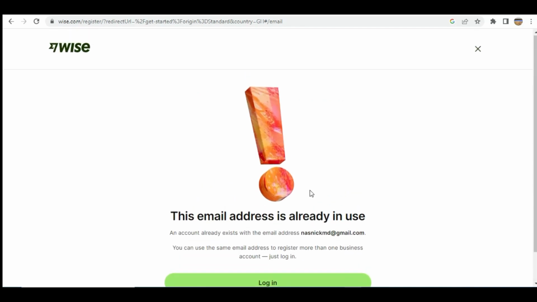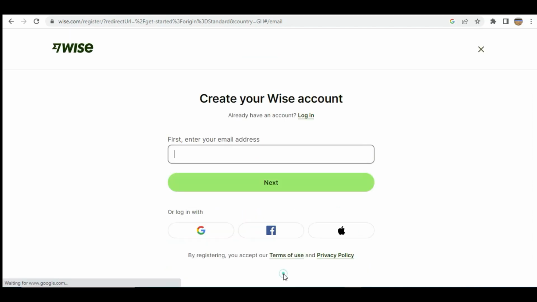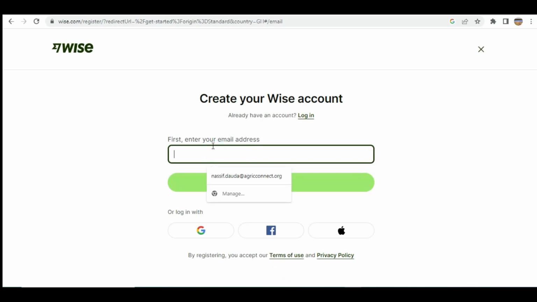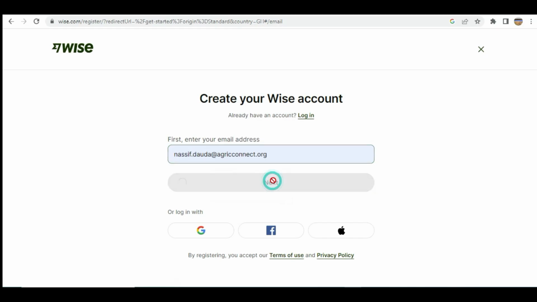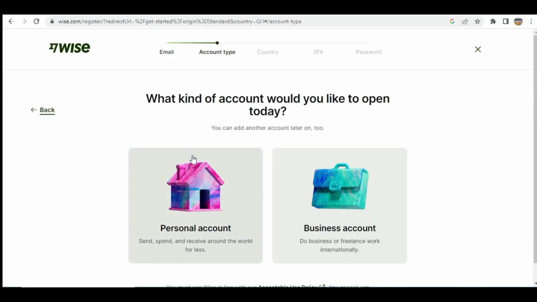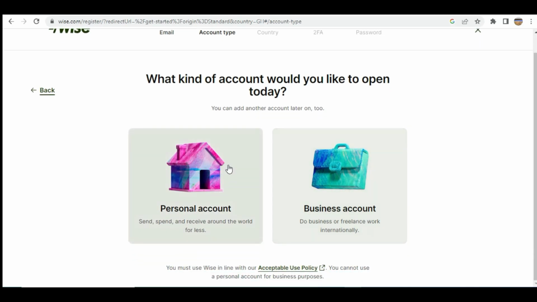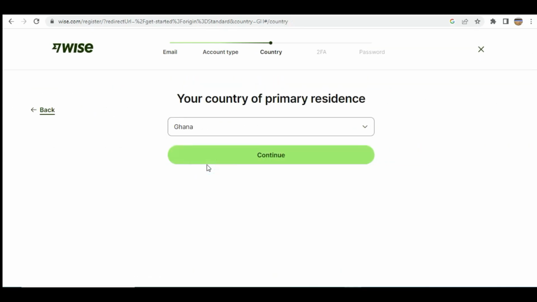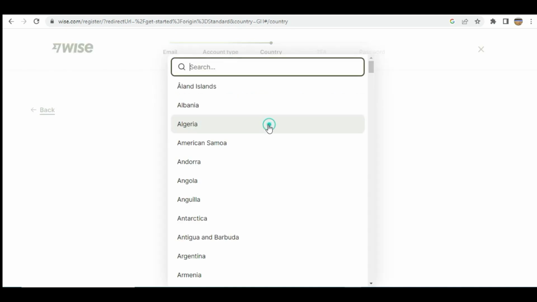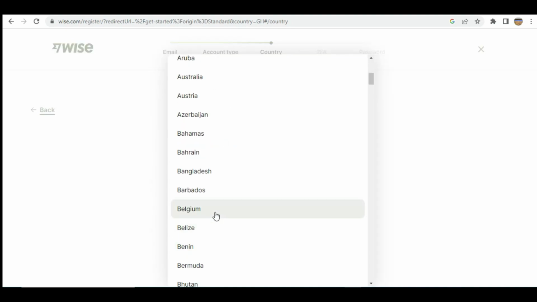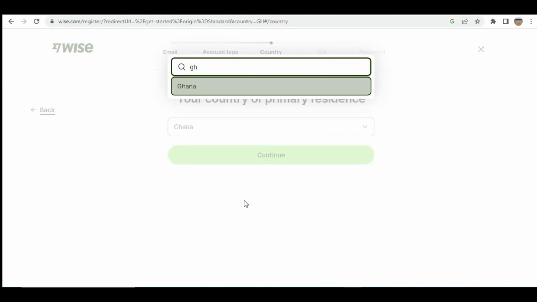Okay, it says that this email has already been used, so I'm going to use a different email account. It will tell you to choose either a business account or a personal account. So I'll choose a personal account, and then you select your country. I'm in Ghana, so I'll select Ghana,